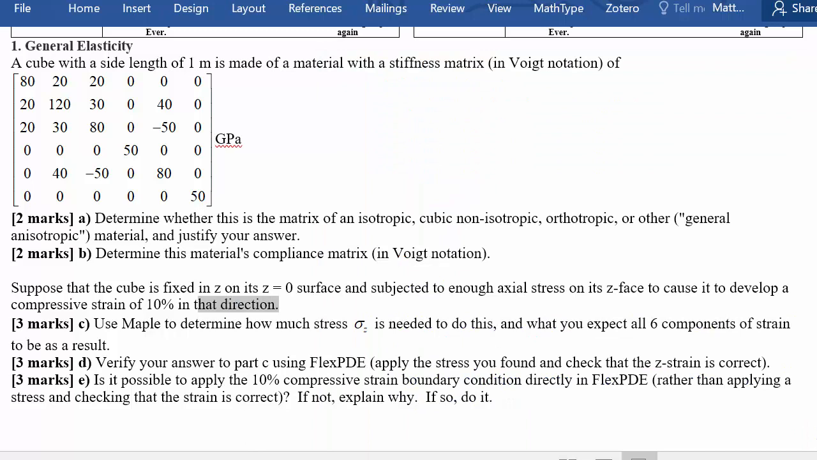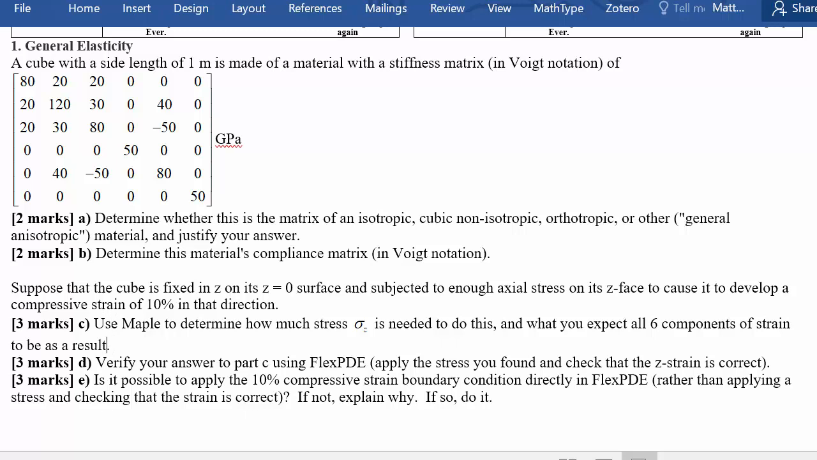So the next part. Suppose that the cube is fixed in Z on its Z equals 0 surface and subjected to enough axial stress on its Z face to cause it to develop a compressive strain of 10% in that direction. Use Maple to determine how much stress is needed to do this and what you expect all 6 components of strain to be as a result. Okay, so you can use Maple